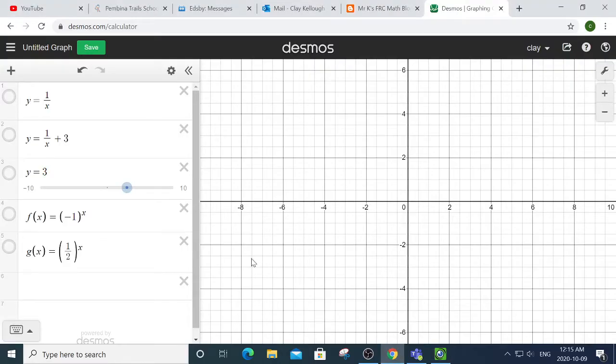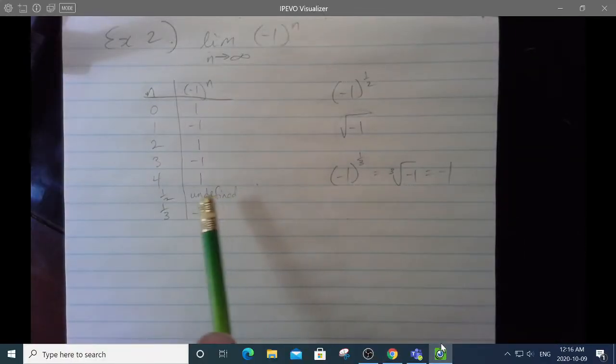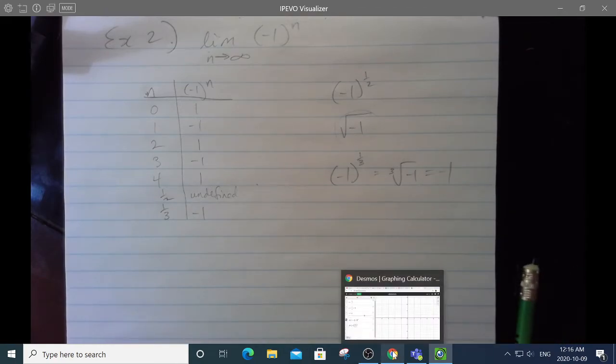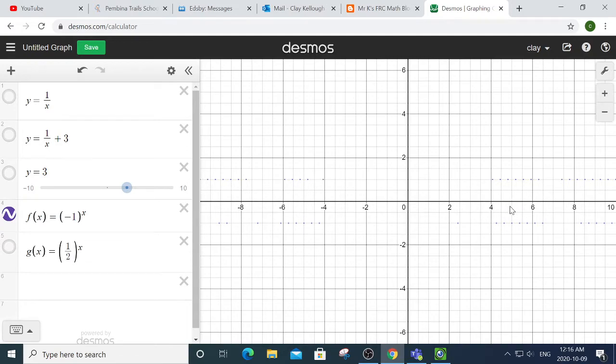Desmos can give you a shot at this. It'll try to graph. It'll make some sort of random dots in some places. But at the end of the day, it doesn't really know what to do about the fact that between 0 and 1, there's infinite fractions. And like we just showed, some of those fractions will be defined as answers and some won't. Some of them will be +1, some of them will be -1. How does Desmos toggle back and forth on an infinite scale between 1 and -1? It can't. So it just does its best job and shows you some of the